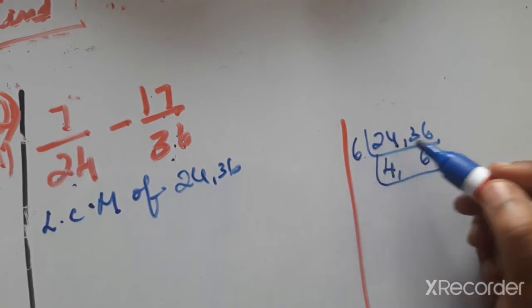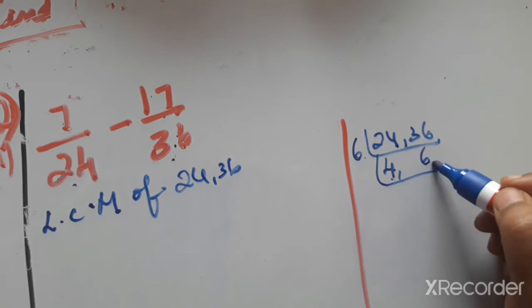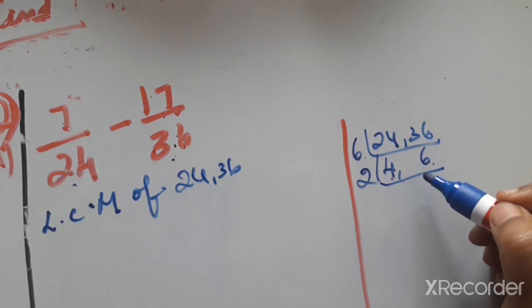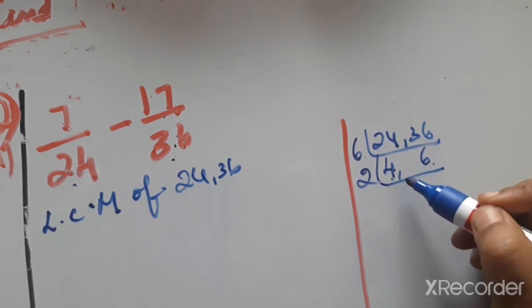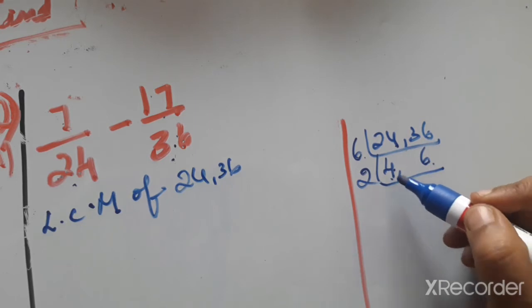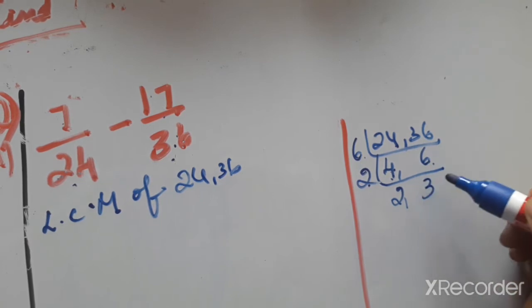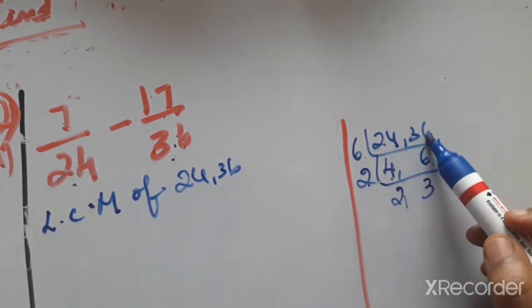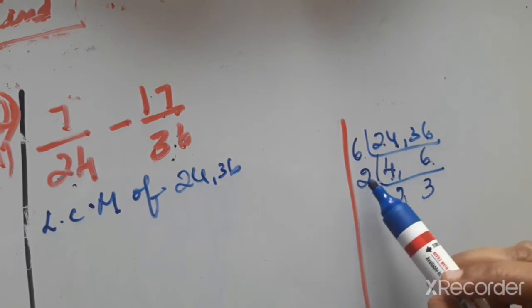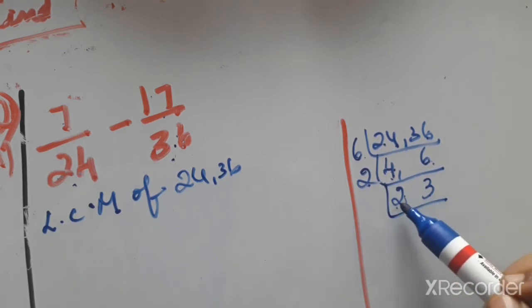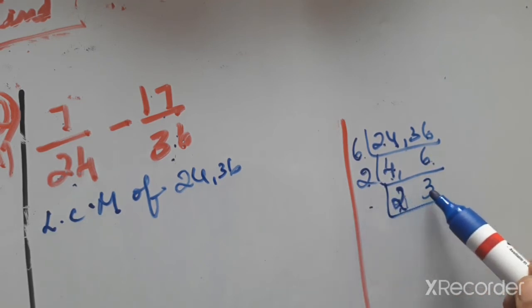So 6 fours are 24, 6 6s are 36. Now 4 and 6 both will multiply with the 2 table. We can try. If both numbers do not multiply with the same number, we can simplify any one. 2 2s are 4 and 2 3s are 6. Now look here, children. Both numbers multiply with 6, and 4 and 6 also multiply with 2. Will 2 and 3 multiply with the same number? 1 is a common number, but we can't take 1. So we have to separate any value. We can take the 2 table or 3, any one.